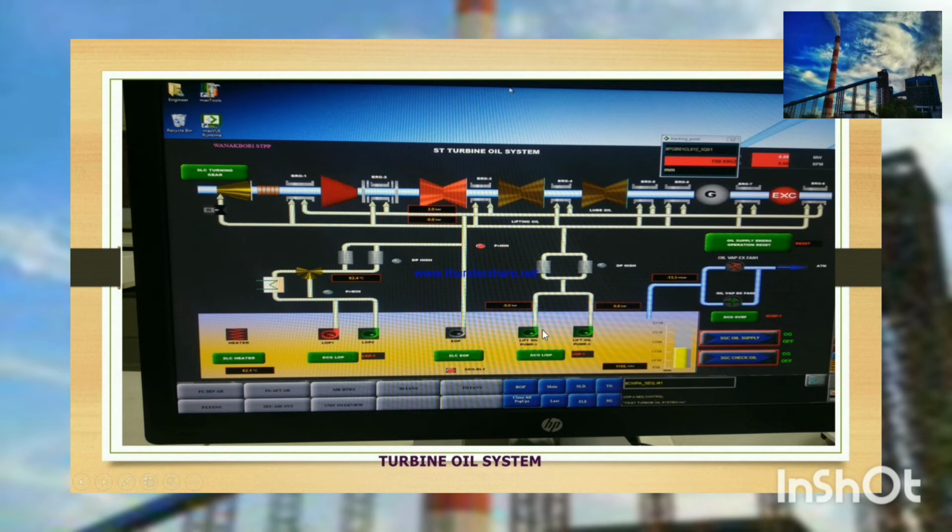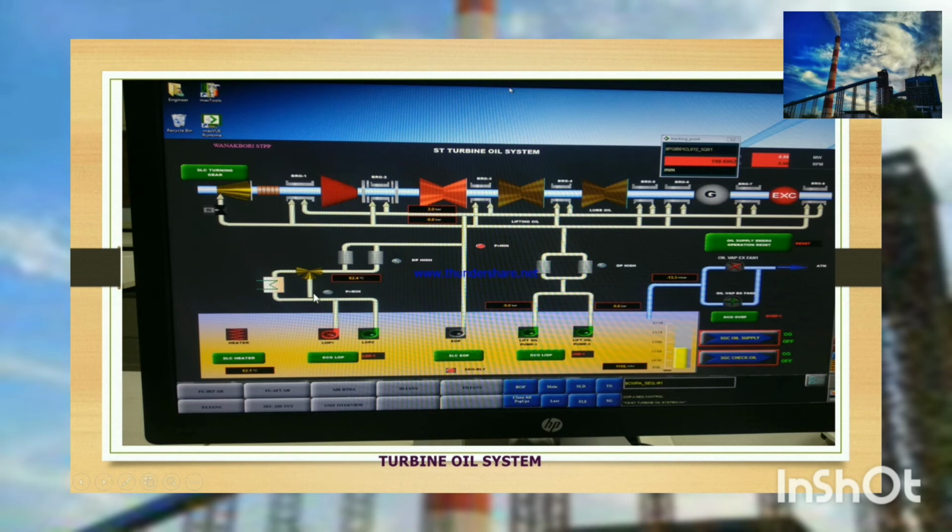This yellow colored portion is the main oil tank. It indicates the internal heater. For providing lubricating oil, there are 3 pumps, 1, 2 and 3. Two are alternating current type and 1 is direct current type. The oil pumped by these pumps comes to this point. It is a thermostatic 3-way valve. If the temperature of the oil is low, then this line will be in service and the oil bypasses through this line.